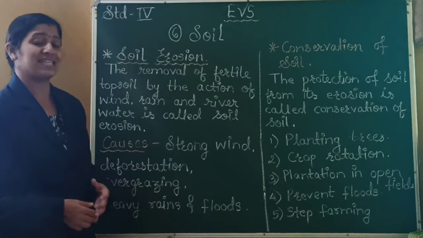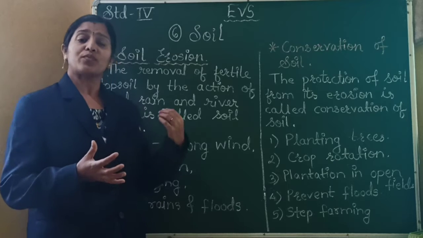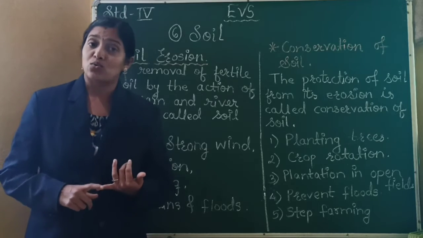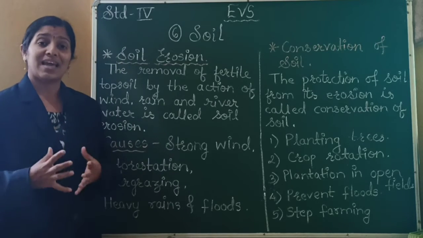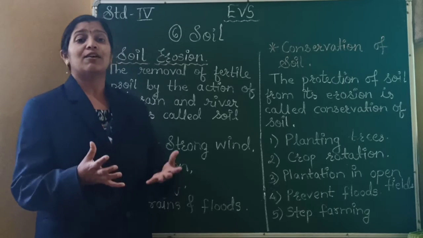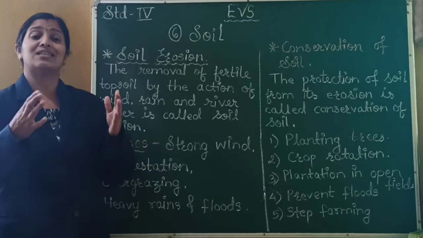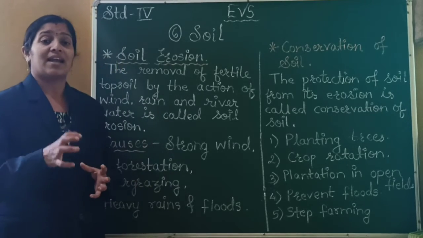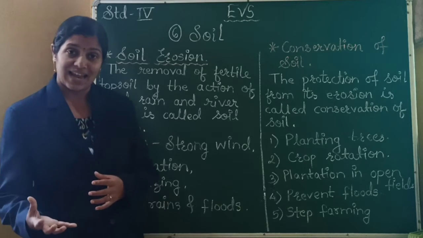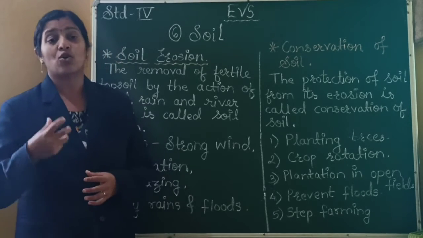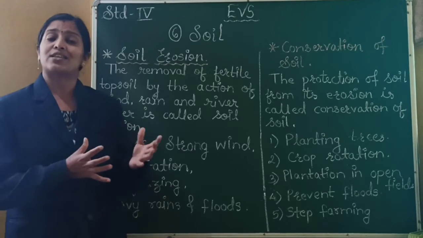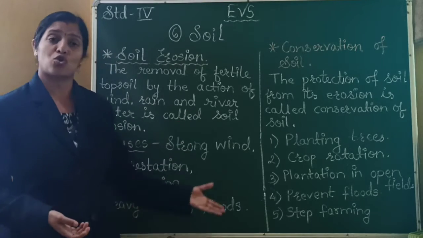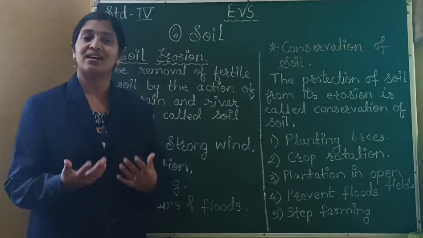So also overgrazing is another reason for soil erosion. Overgrazing means cattle like cows, buffaloes, goats and sheep are left to graze, eating grass in the same place for a long period. Then the grass is uprooted by these cattle, the soil at the topmost layer loosens up, and the same thing happens because of the strong wind. This soil is carried away.